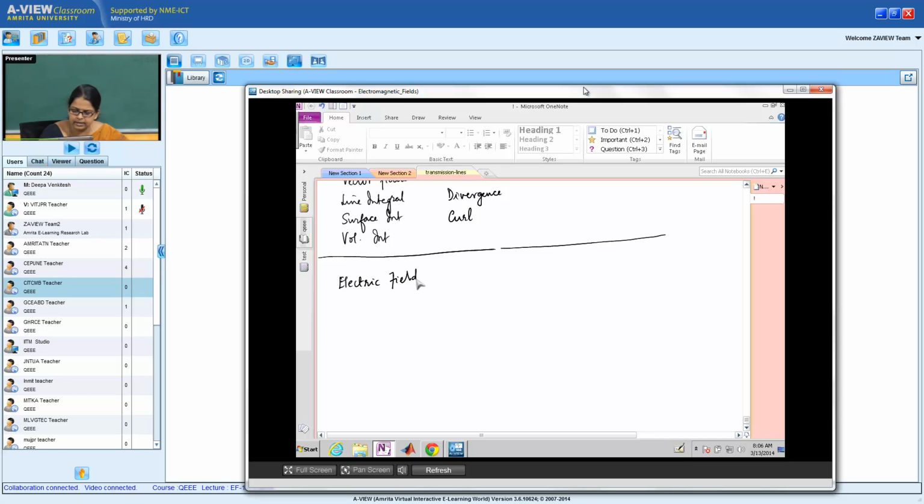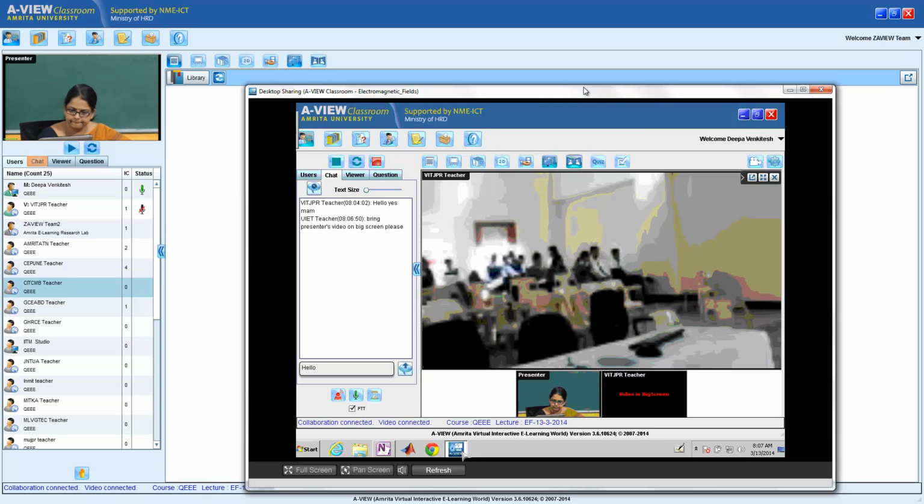We discussed what electric field is in the last class in context with explaining to you why you would have a divergence. In that context, I said that if I have a charge Q in space, and I bring in another small charge q at a distance r in a specific direction, the force experienced by the small q is 1 by 4 pi epsilon 0 Q q by r square in the direction of the unit vector r, and this is nothing but a restatement of Coulomb's law,